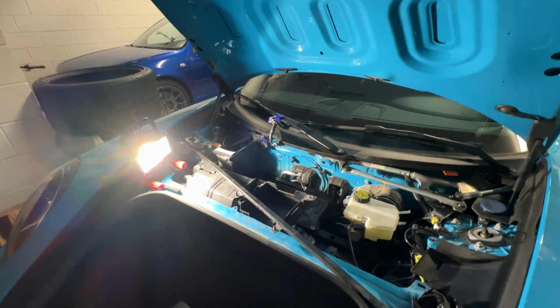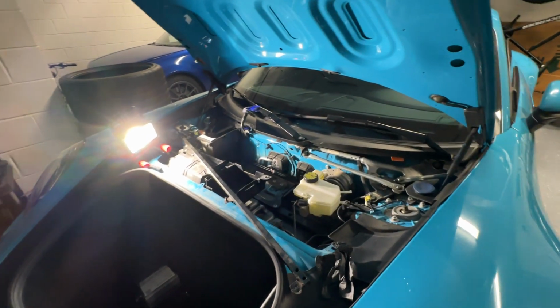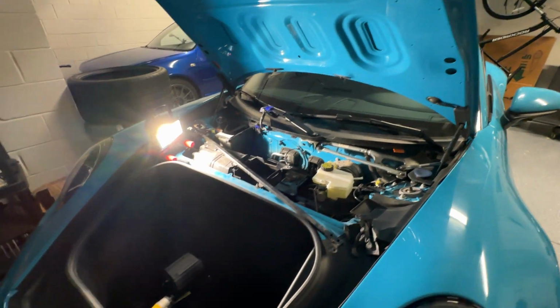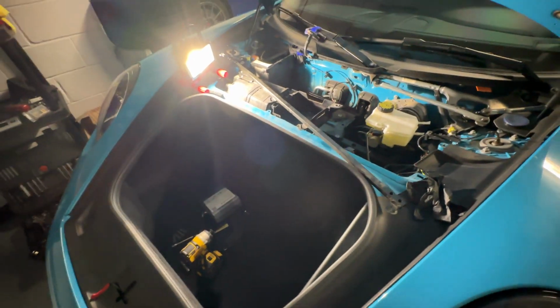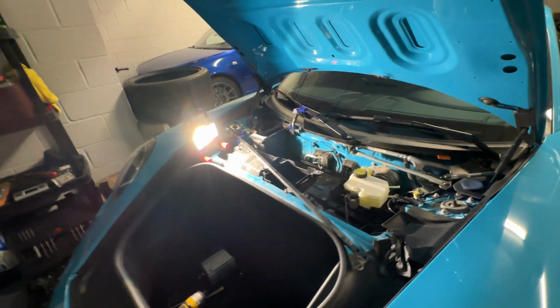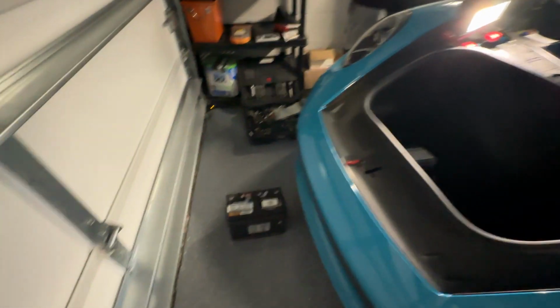But overall, the experience is, it's not very hard. It's probably like a 2.5, 3 out of 10. You just got to be careful. I did step into the frunk to actually get the battery out. I know that a lot of people don't like to see that, but it just happened. But anyway, the battery itself,